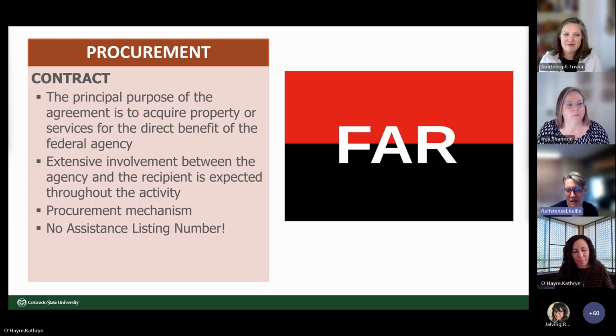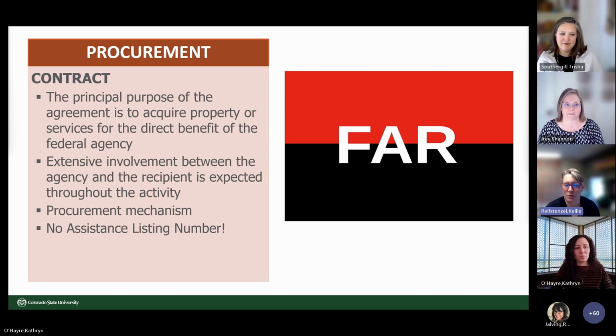FAR can sometimes be seen as much more restrictive. So if you've got a contract or you suspect that there's a contract, or if you're replying to an RFP or any other sort of request for proposal that indicates that it will move into a contract at the end, please, please, please be on the lookout for specific terms and conditions. There are some FARs that CSU has trouble accepting, and we need to know that. If you get hints of them beforehand, we do need to know that so that we can jump on that